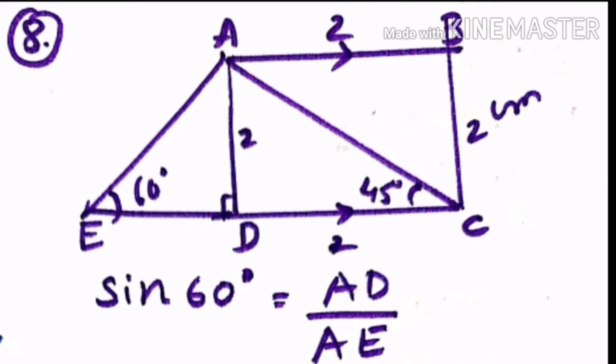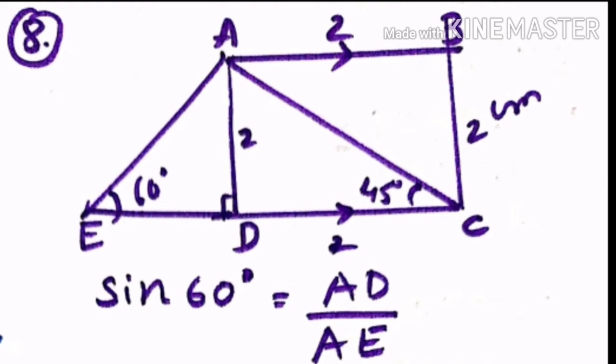Now in the last video we started our chapter number 16, trigonometry, and we started with exercise 16b, in which we saw how we can find sine, cos and tan values of an angle from the trigonometrical tables. Now after 6 questions, today we will start with question number 8. In question number 8, you all have to read the question well and then think how you can solve it.